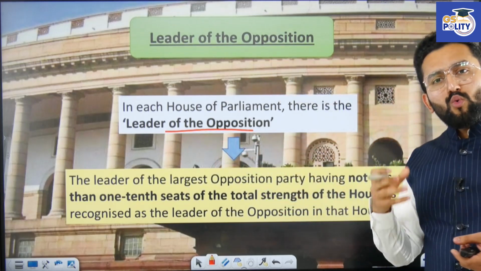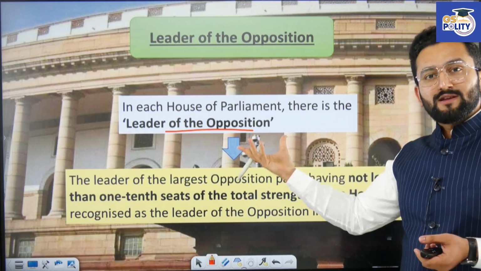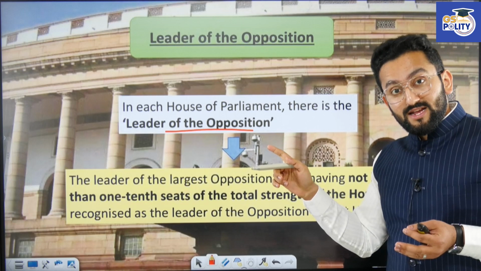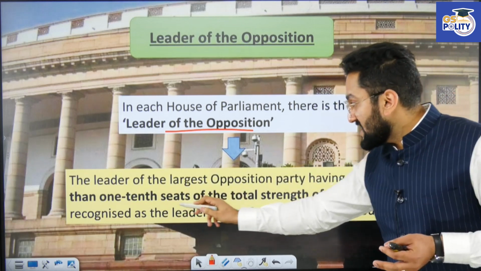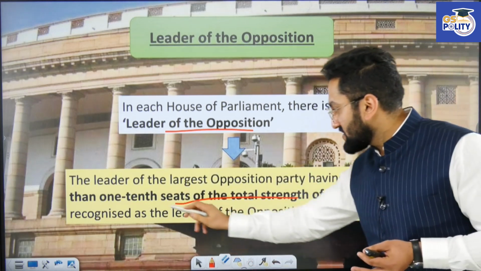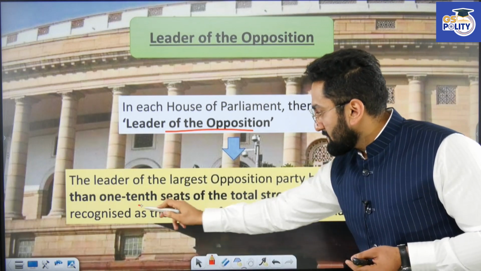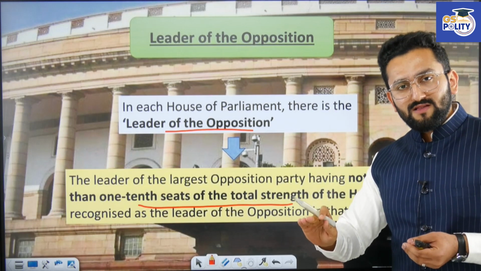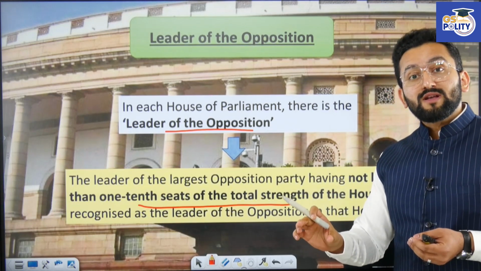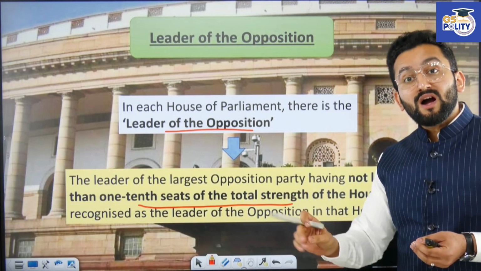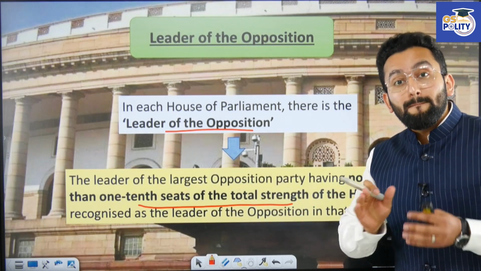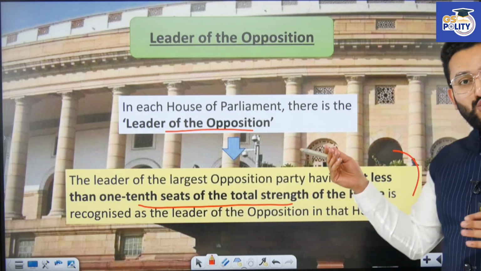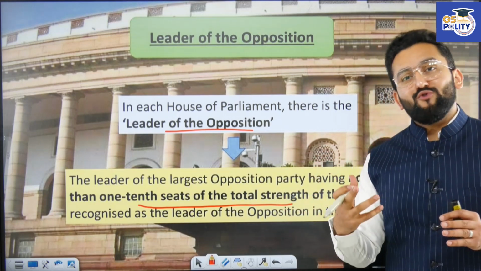Leader of the opposition. So leader of opposition, the word itself represents opposition. But who is going to have this position? For that, the party should have at least 1/10 seats of the total strength. Okay, in general, you should have 1/10 seat and you are having maximum seats among other parties who are not part of government. Okay, so this position is also considered important for democracy.